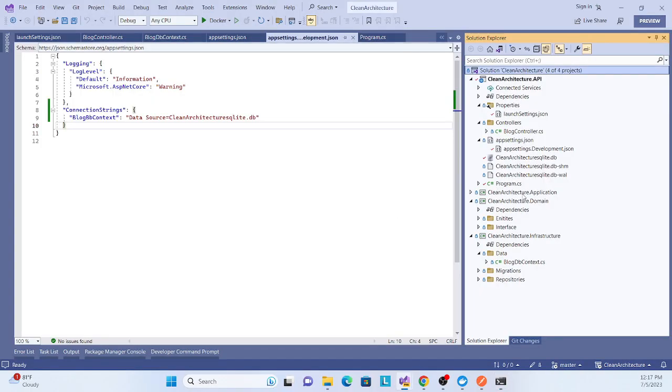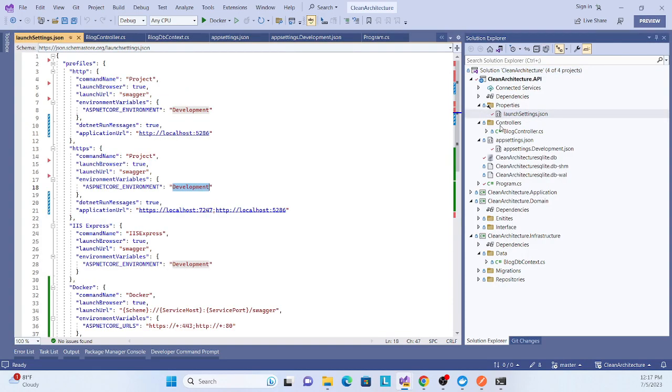If you go to your application and go to the launchSettings file, see, it is by default taking ASP.NET Core. So when you build your application inside the container, by default it will take production.